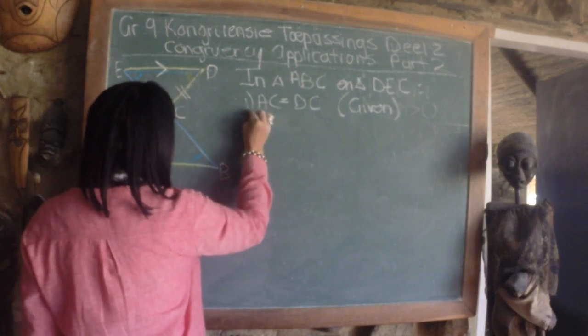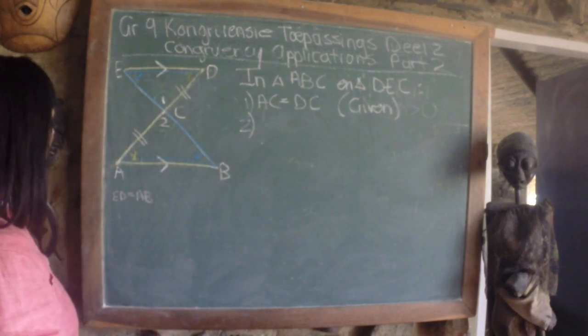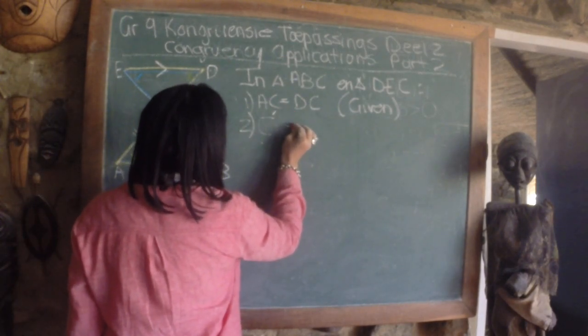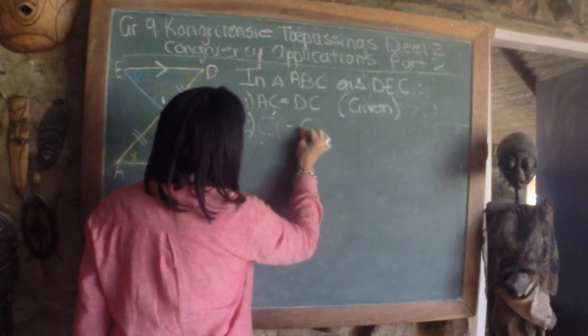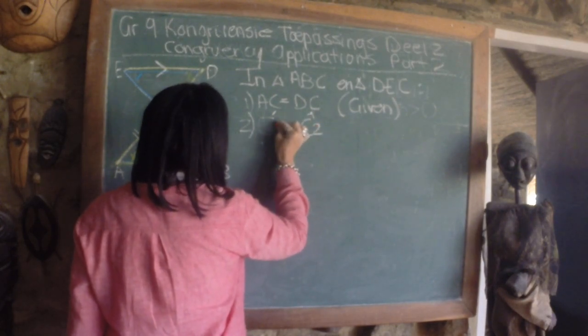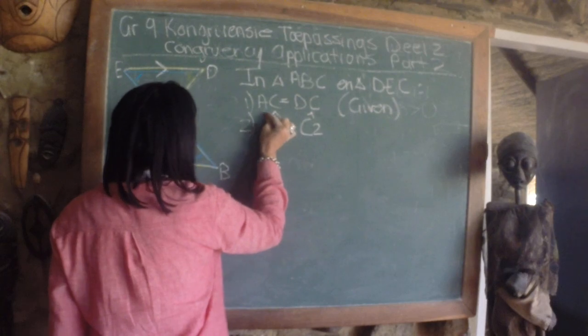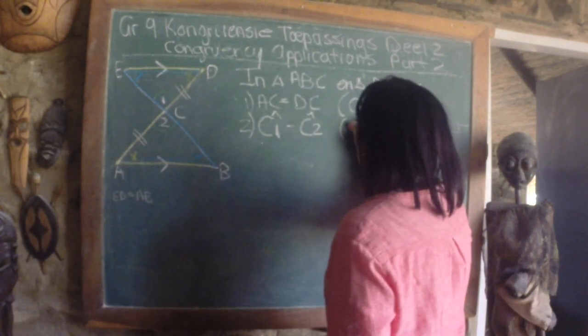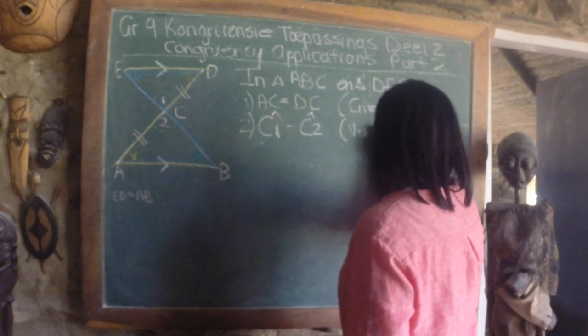Number 2. Now you can use C1 equals C2, and your reason for that can be vertically opposite